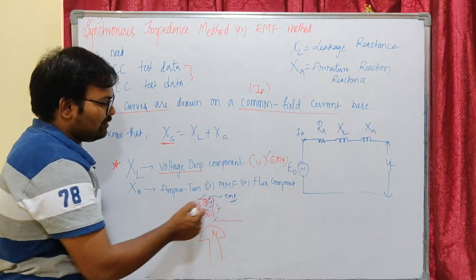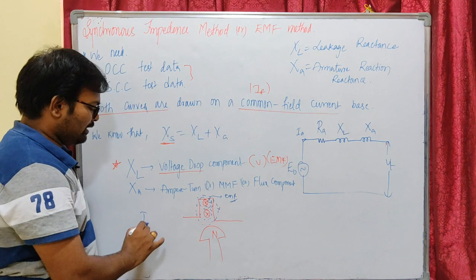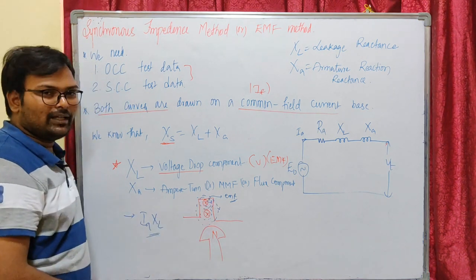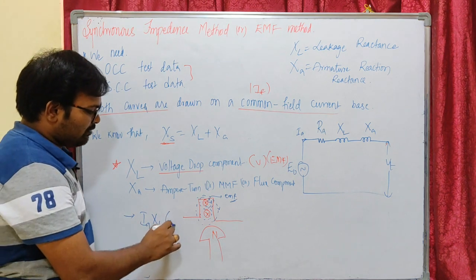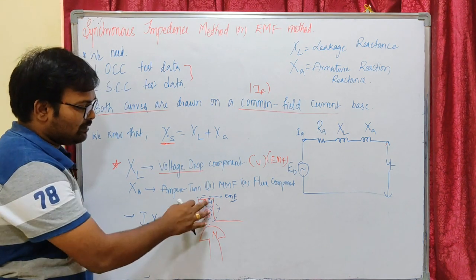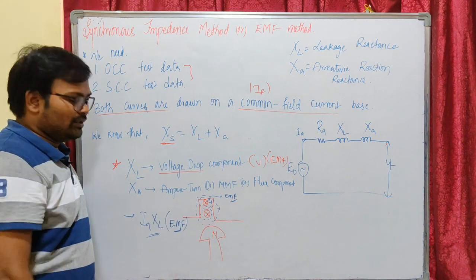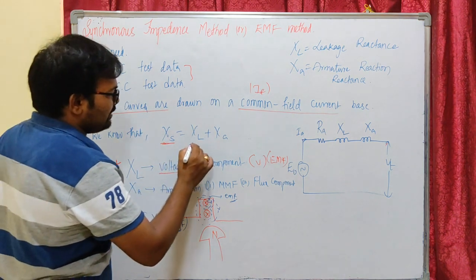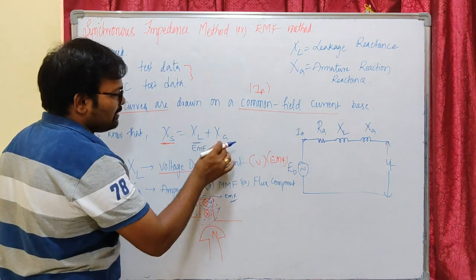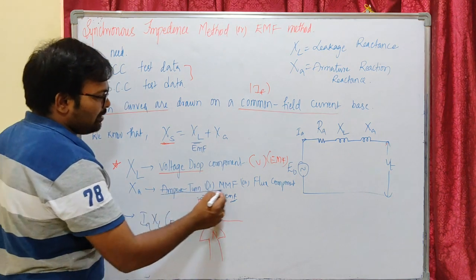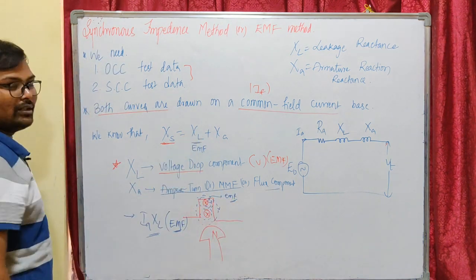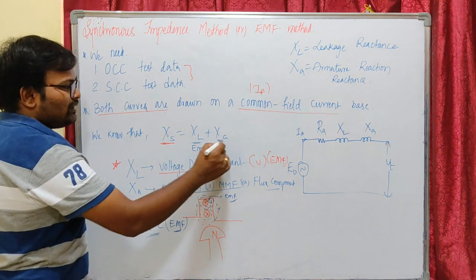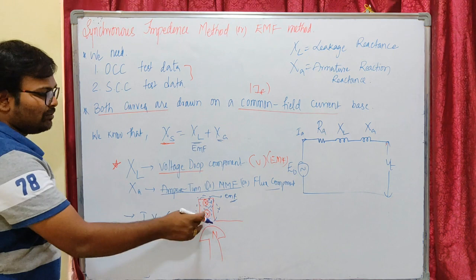This linked magnetic field will induce some EMF in the stator core. This EMF is represented by our IAXL drop. This is the drop due to leakage reactance. This is an EMF component, a voltage component. Some of the EMF is being lost here. That's why in this method of finding voltage regulation, we are going to treat XL as an EMF component, whereas the armature reaction component is an ampere turn or MMF or flux component, because armature flux will affect the main field flux. Our leakage reactance is an EMF component, because it will induce some EMF in the stator core.